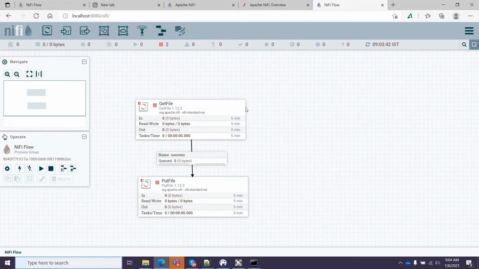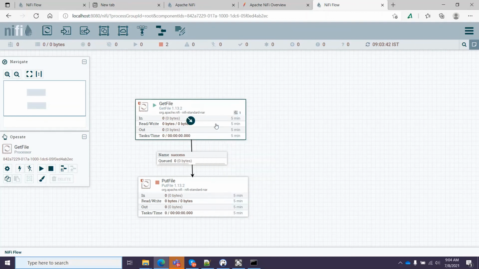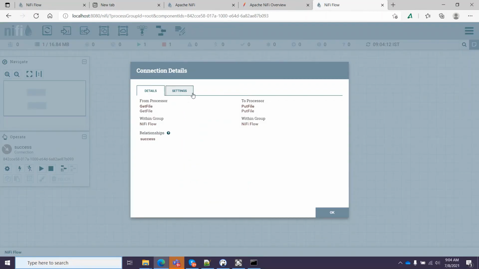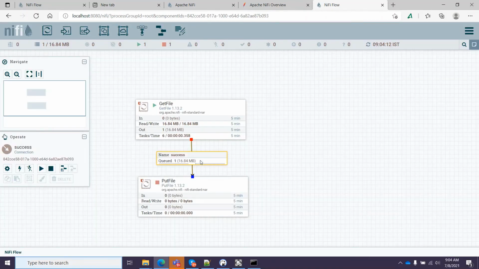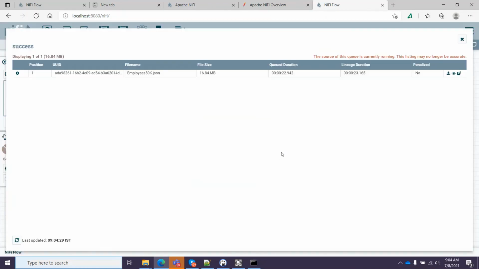It will not pick up as my processors are stopped. So I will start this get file processor first. Okay, see here the file has been picked up and sent to the flow. And let me see that list queue. So this is basically a JSON file.